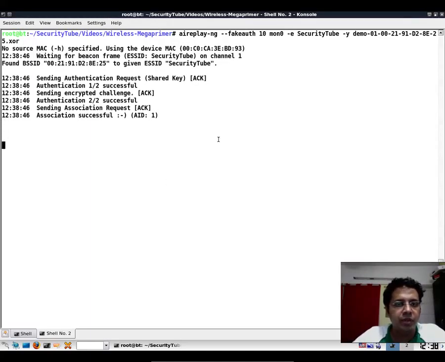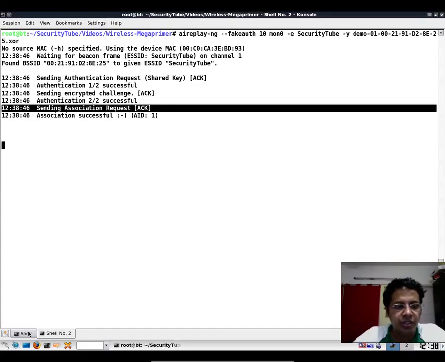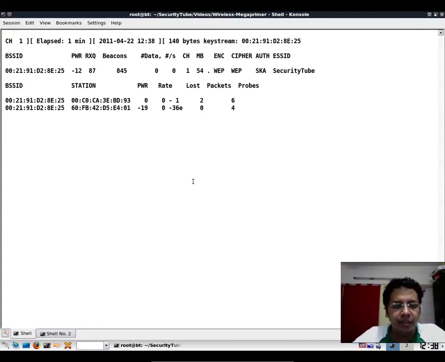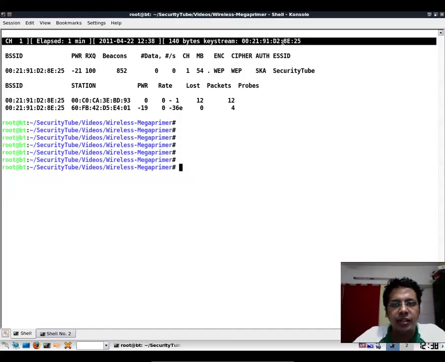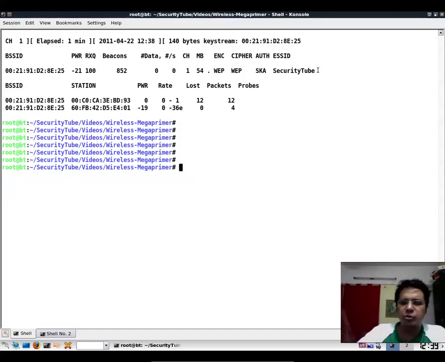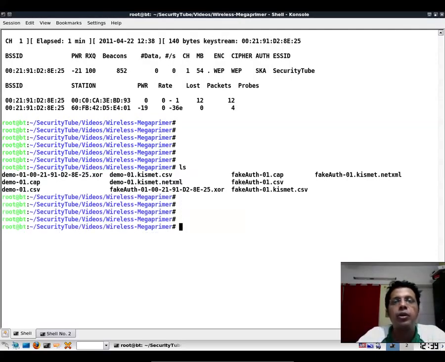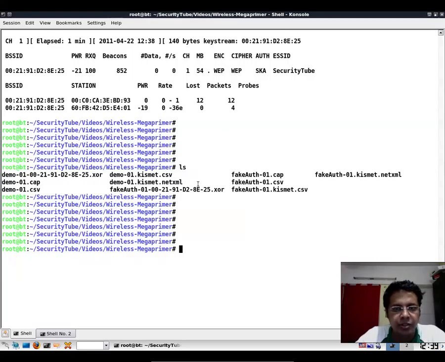Awesome. If you notice, the authentication and association have succeeded, and our friend airodump has also told us that it was able to figure out the key stream. Why? Because, well, we already have it, but it found it once again over the air, and it has once again stored the same key stream. But we can quickly open up Wireshark and look at what our alpha card had done. So we open up the fake auth.cap file